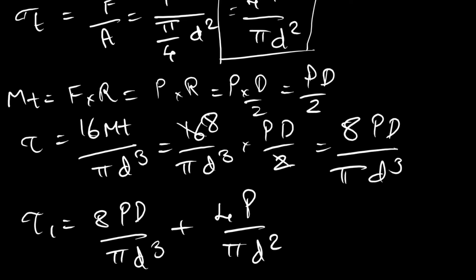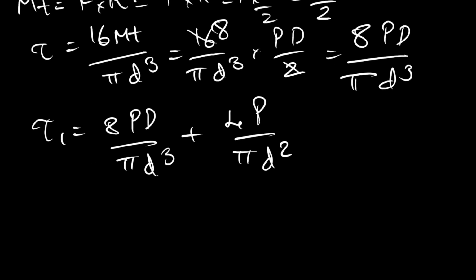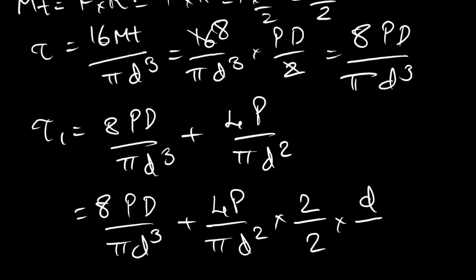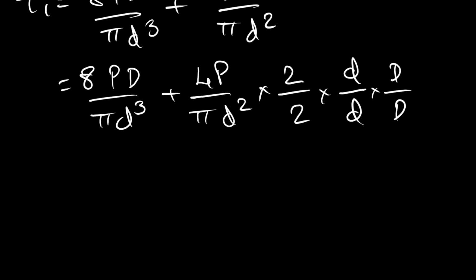Now to make the whole equation look like the one which you currently see in your textbooks, you can convert it into something like this: 8Pd by pi d cube. To make this equation look more like the one in your textbook, I can multiply by 2 up and below, and also by small d and the capital D. So what this winds up giving us is 8PD by pi d cube plus